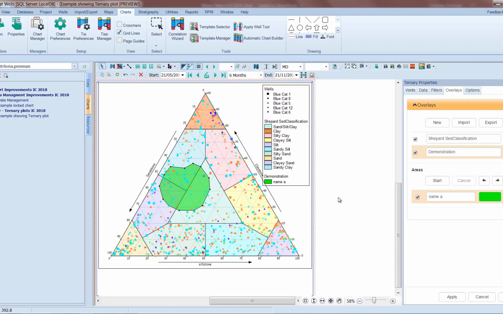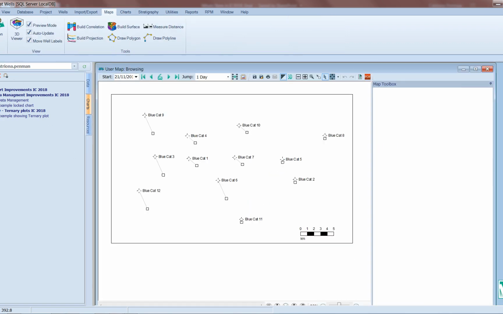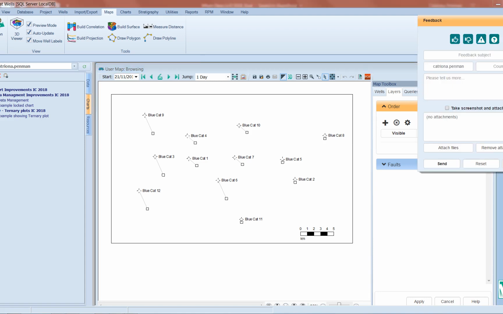Regardless of where you are in IC, be it a chart, be it a map, be it within a data browser, up in the top right hand corner we have the feedback form. It allows you to send back some positive feedback, give us some negative feedback, report a bug, or ask a question. So you can choose any of these, give us a subject,